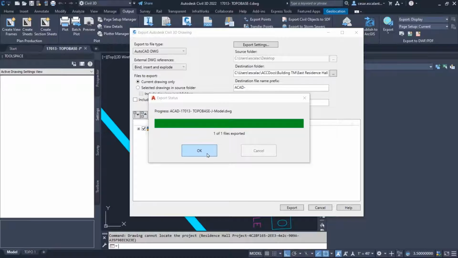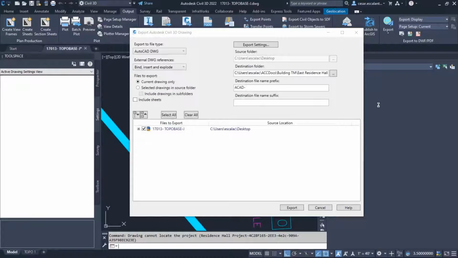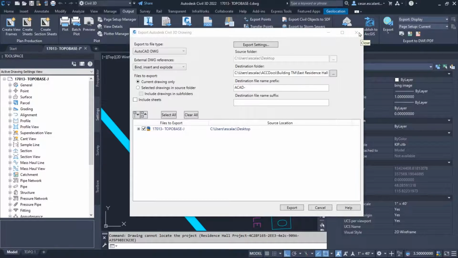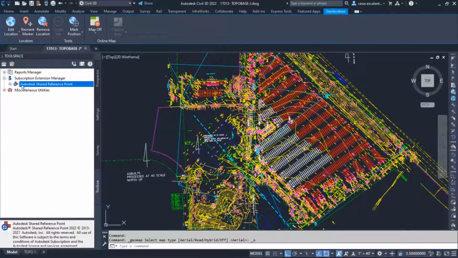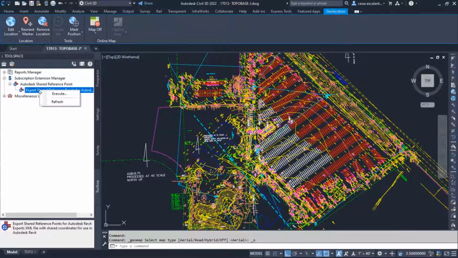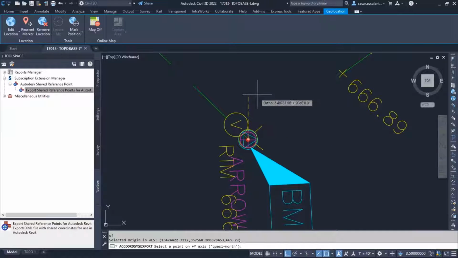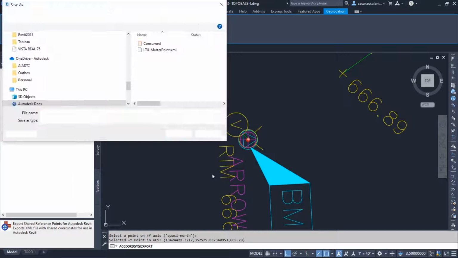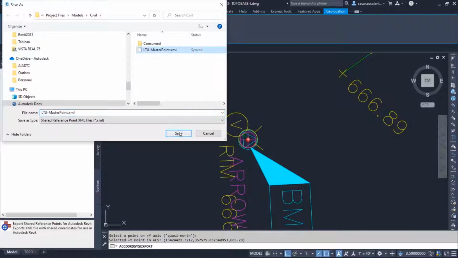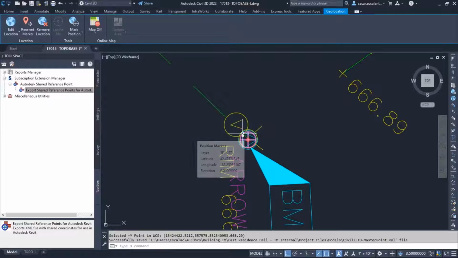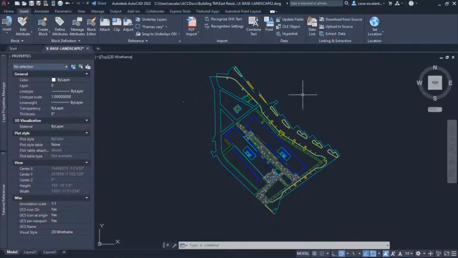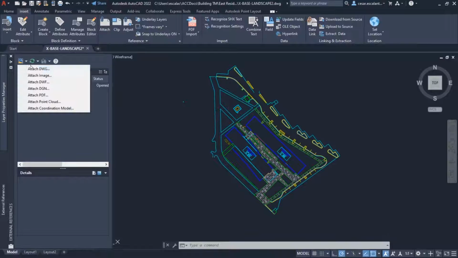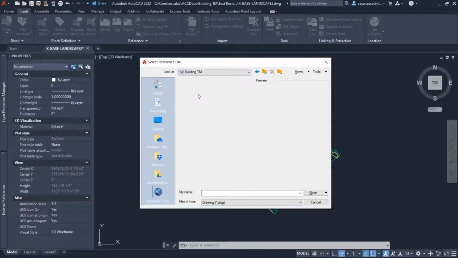Another thing that Civil 3D can enable designers to use is a common set of shared coordinates. Shared coordinates are a point that enables multiple files from different authoring software to be aligned using a common datum. Within Civil 3D, you can establish alternate insertion points, and these are aligned with a monument on the site, namely a water monument. And the point can be exported as an XML file that can be retrieved and accessed both